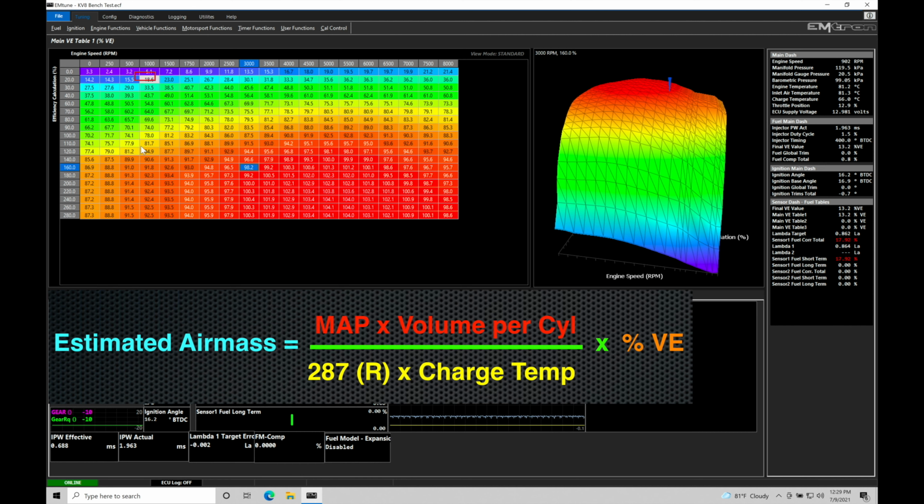So if we're breaking this down a little bit further, let's look at each individual portion of the actual equation so we know where they're coming from and how things are represented. Looking at the equation, we have our MAP pressure. The MAP pressure sensor is going to be fitted to the intake plenum after the throttle body. That'll measure either the vacuum or positive